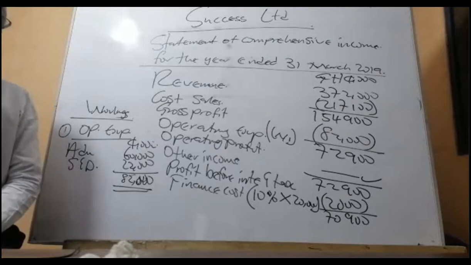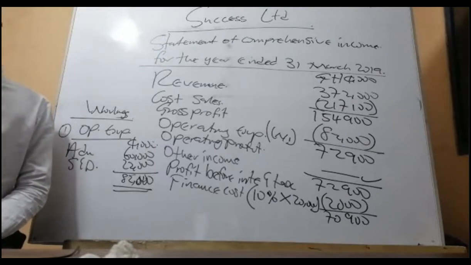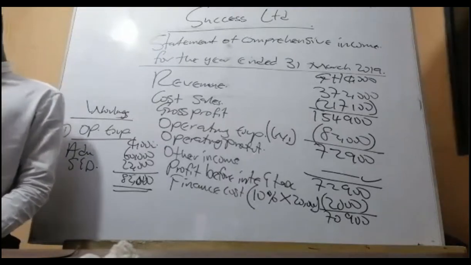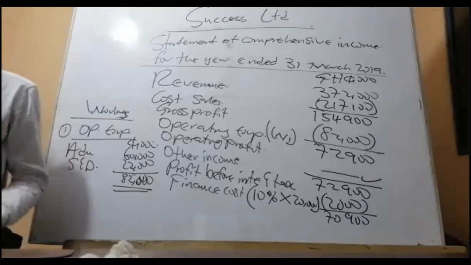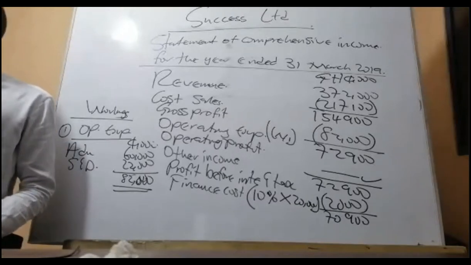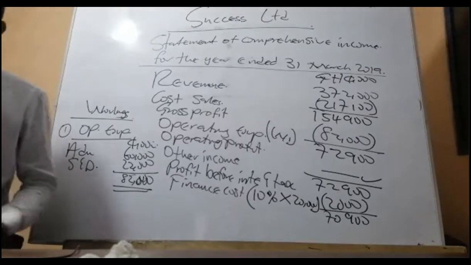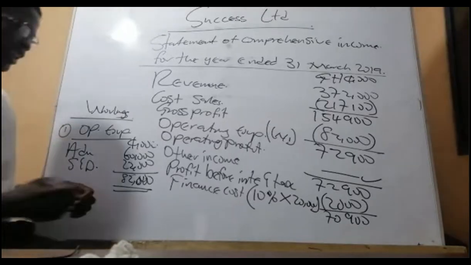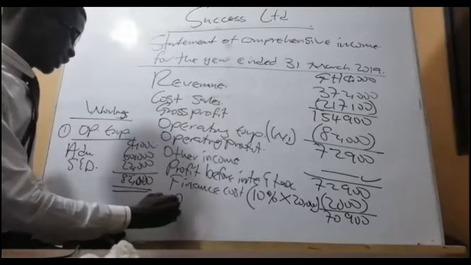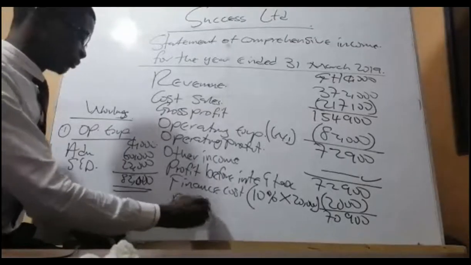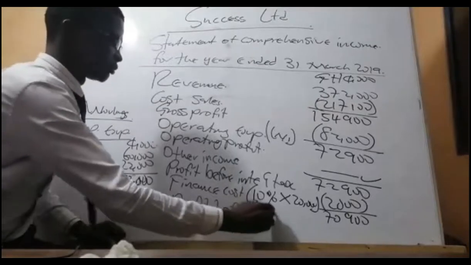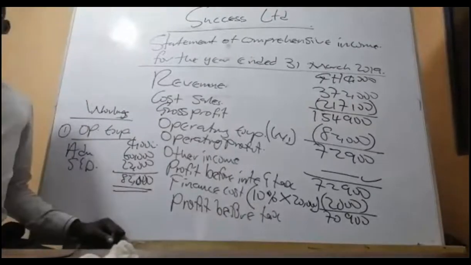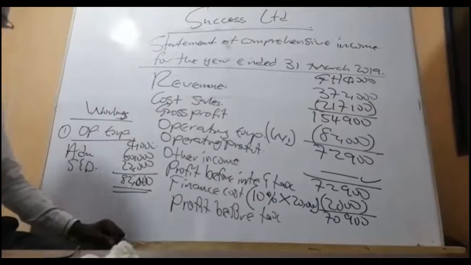If you're going to Kaswa and you're before Odoko and Mala, and now you pass Odoko, which town are you before? Mala. So profit before Mala. How do you get it? So profit before what? Tax. Perfect. So therefore, profit before tax. For those of you who don't know Kasa, forgive me.